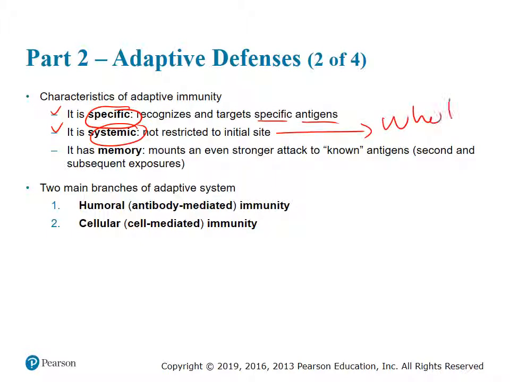It really means throughout the whole body. That's not just localized in one area, but the adaptive immune system's effects can be throughout the whole body, right? And it has memory, right? It mounts a memory, okay, which means